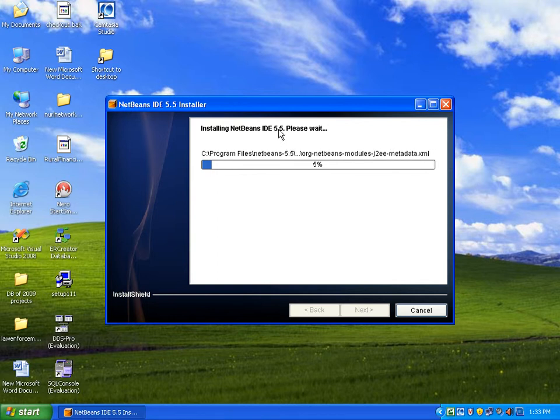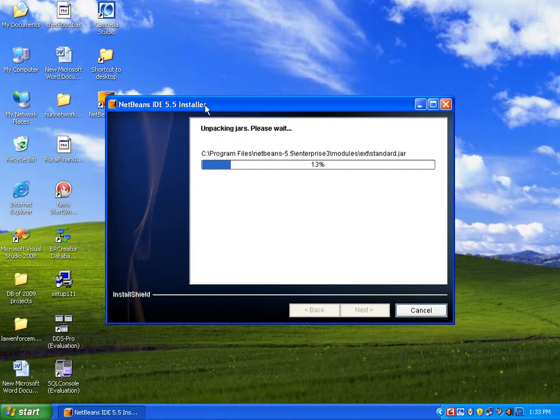Not only desktop applications, we can also develop web applications or any kind of Java applications very fast and very easily by using this NetBeans IDE. It is one of the great and familiar IDEs which is developed by Sun Microsystems, and it is free software and we can download this from internet free of cost.